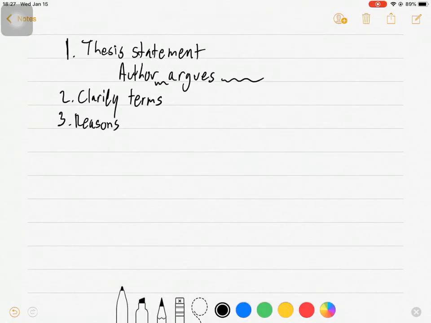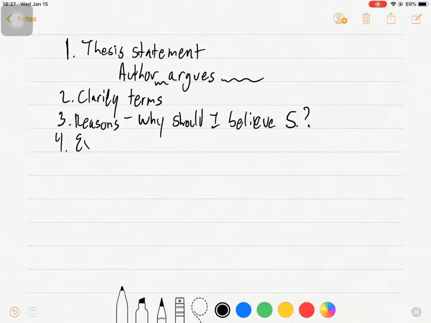And by reasons, I mean, what are some of the things that Savulescu points to that supports his central thesis and stands as, in this case, the motivation for thinking that his argument leads to certain conclusions? We can also call this, why should I believe Savulescu? Why should I believe him as a reader? What are some of the reasons that he gives as to why his conclusions are true?